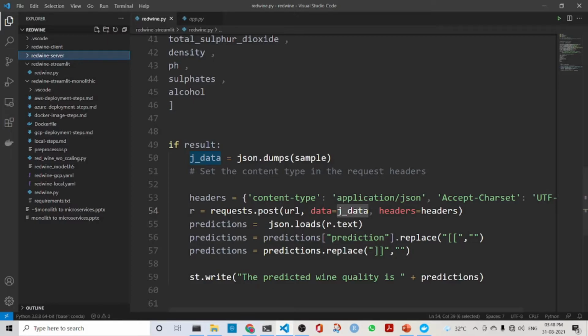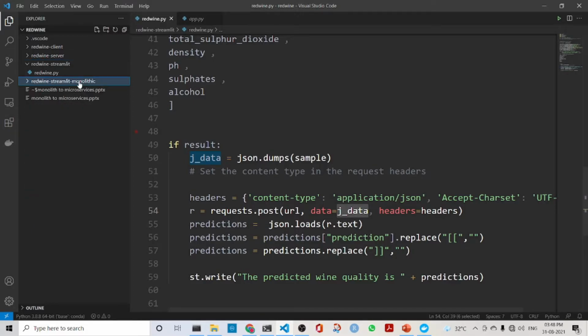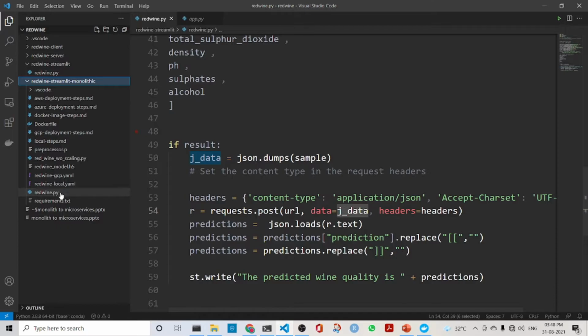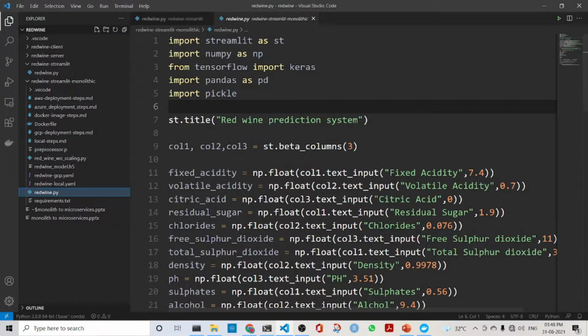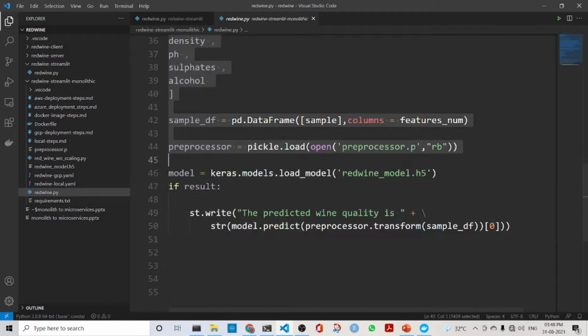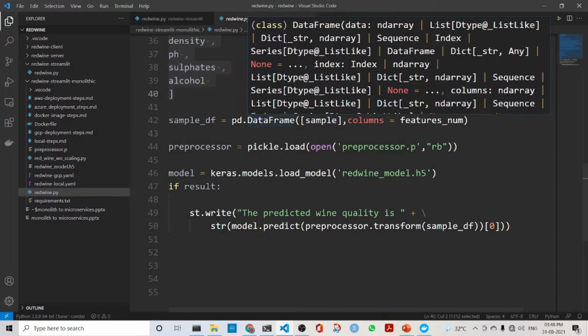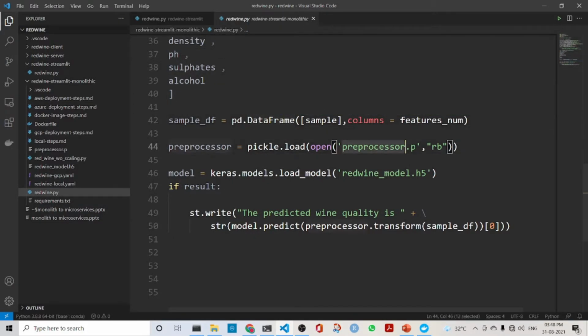So we are here in the code and this is the monolith. If you go to the monolith and open redwine.py, this has all the UI code, as well as taking a data frame, and it also has the preprocessor and the Redwine model. We are loading them, then transforming the data frame using the preprocessor, and then predicting. So this is the monolithic application, but what we do is convert it into a microservice,